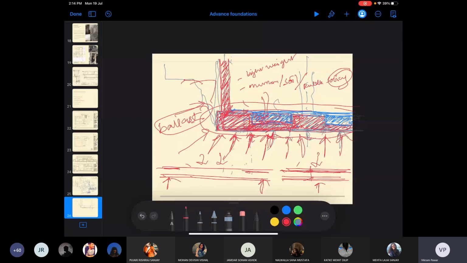Okay, is this understood? Is this strategy clear for the basement primarily? Are there any questions on this? Yeah, it's clear. Okay, anyone else